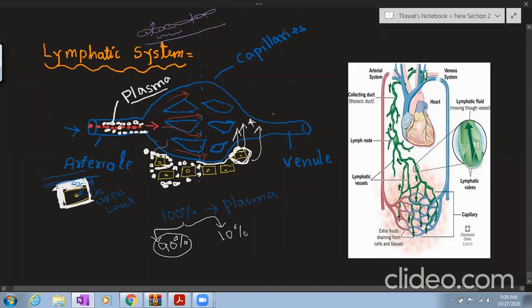You can use the word diffusion here, no problem, right? So it will enter your capillaries back through diffusion. Osmosis is the specific word for water, so that's why I will use the word diffusion. So it will enter from dilute region to concentrated region. Why is this concentrated? Because it already lost that plasma. So the blood becomes concentrated. Now that will enter that portion. Okay, so this 90% mixes with your blood back.